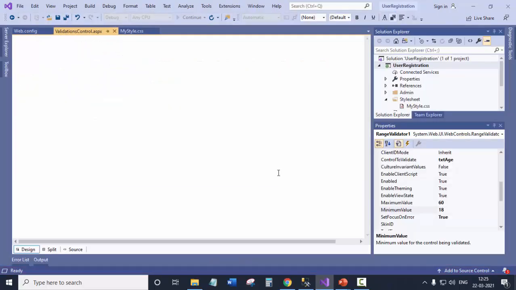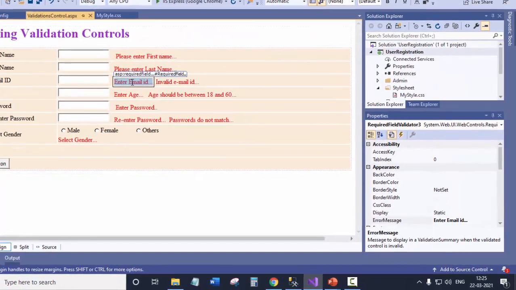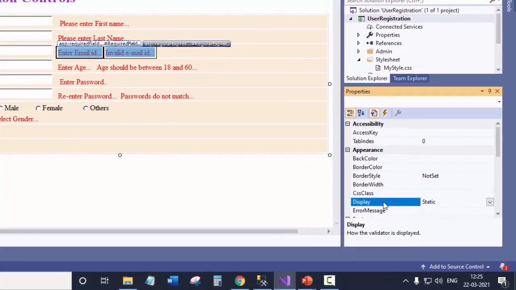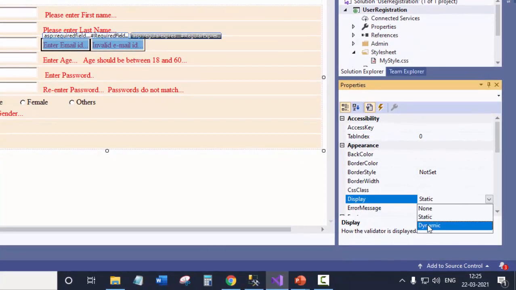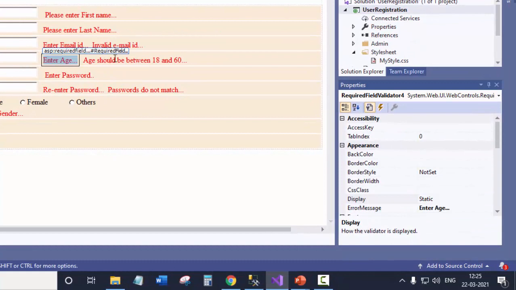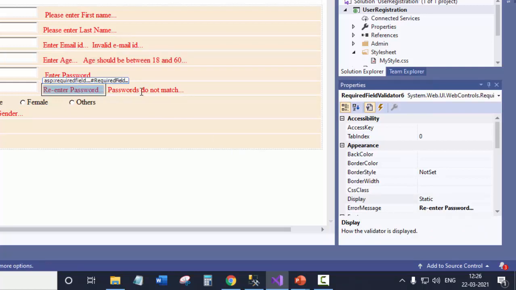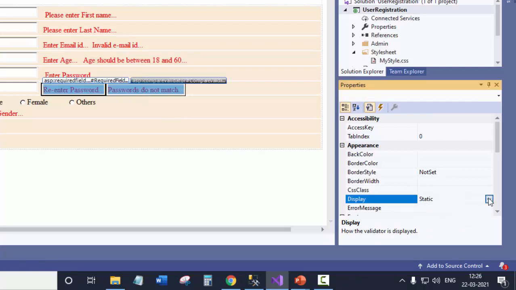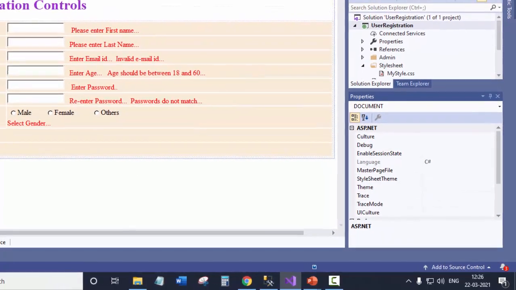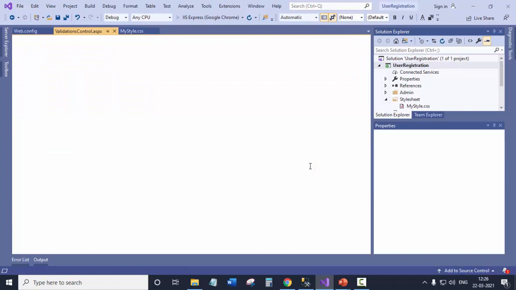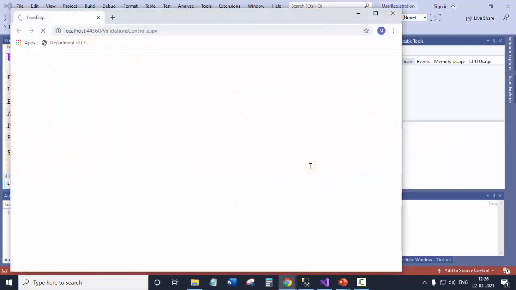Wherever we are using more than one validator, you can select the validator and here you'll see Display. In Display you can make it dynamic. Wherever we have more than one validation control, we can change the display to dynamic.